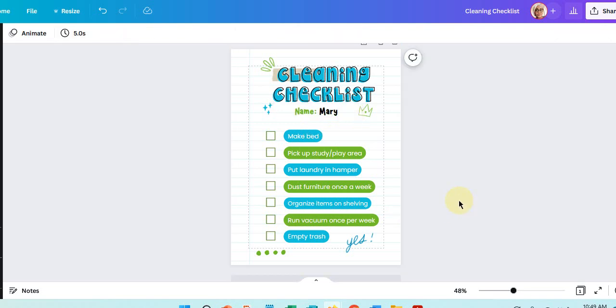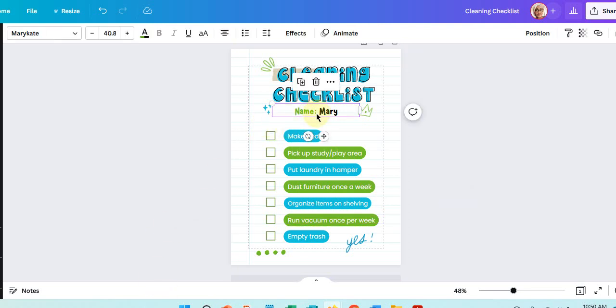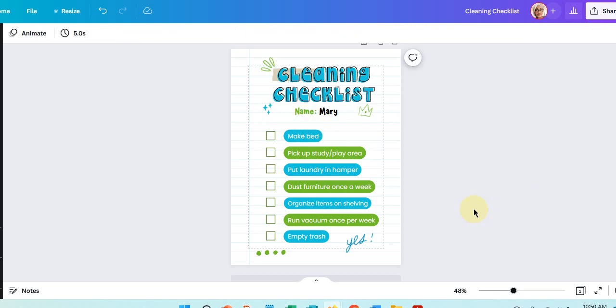And that way, they'll know that this is supposed to be the child's name. And if they have an unusual name, then we will enable them to make that change. So what we can do with this checklist, and this is what makes this a really great digital product, is